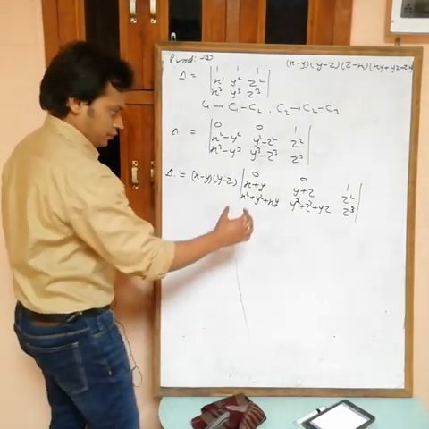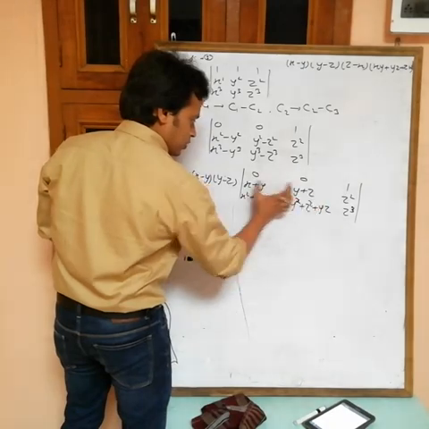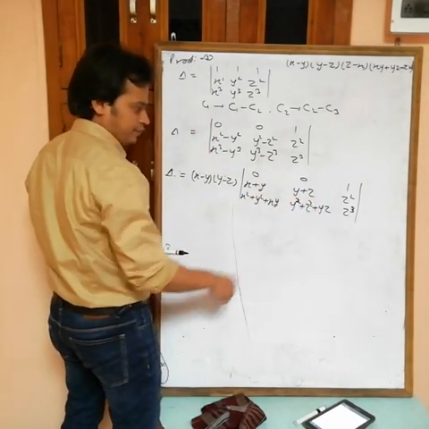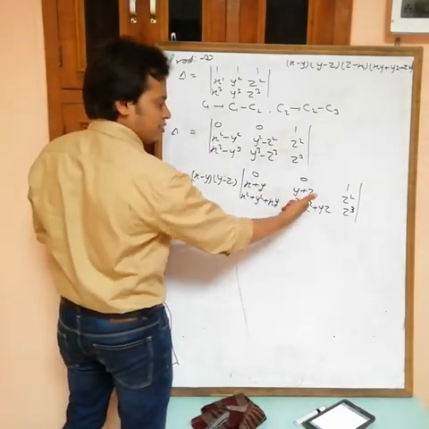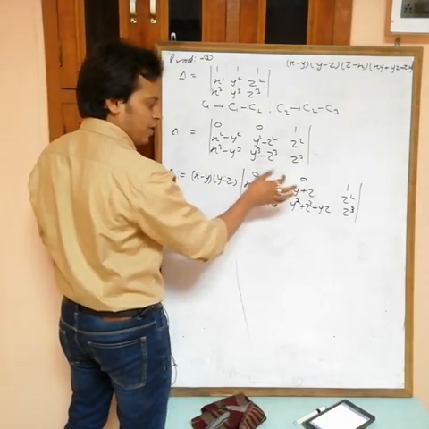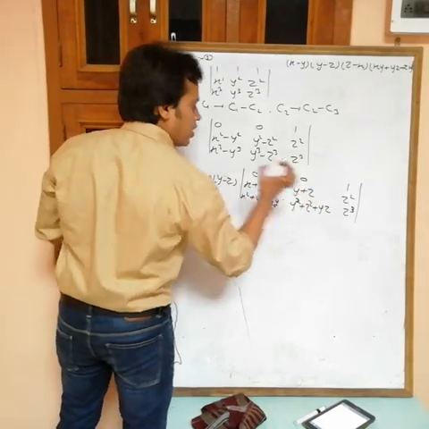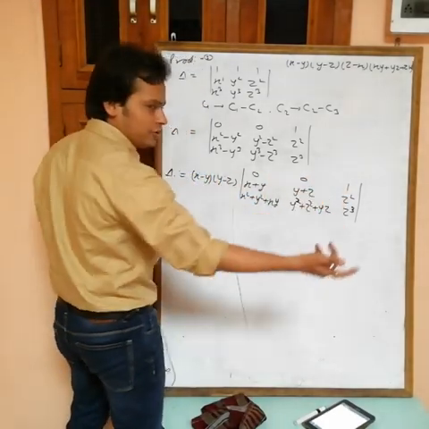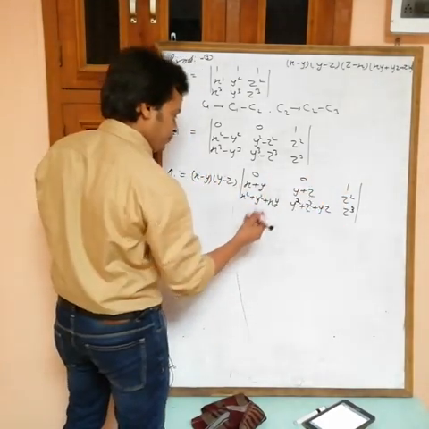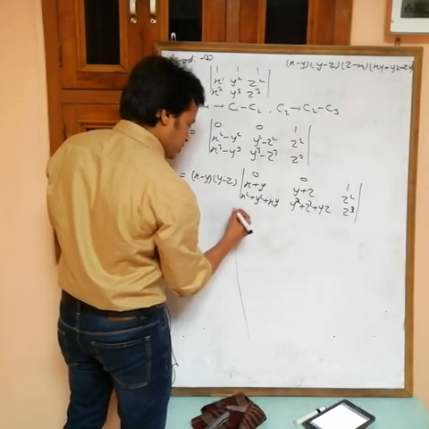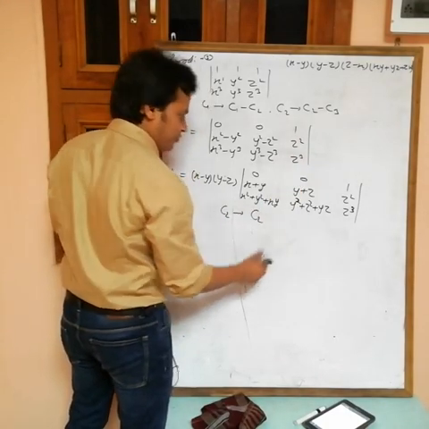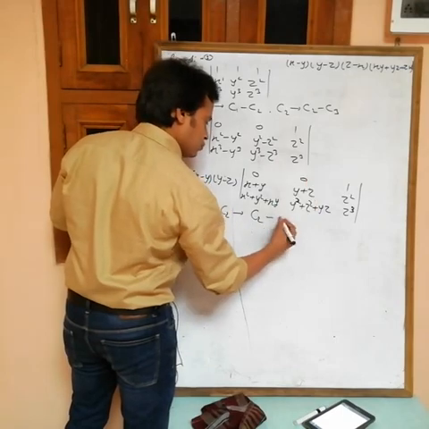See, if you subtract this one minus this one, you want z minus x. In this one we have z, in this one we have x, we have y in both, so y will cancel out if you subtract. Okay, so y plus z minus x plus y cancel out, what you will get? Y minus z. So what we are doing, we are changing in C2, and what do you want to do? I want to subtract C1 minus C1.